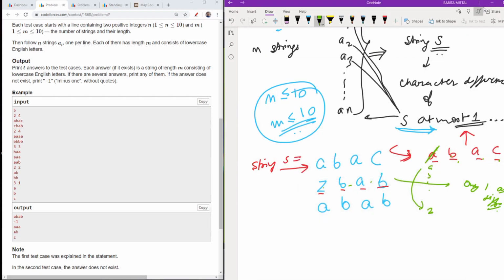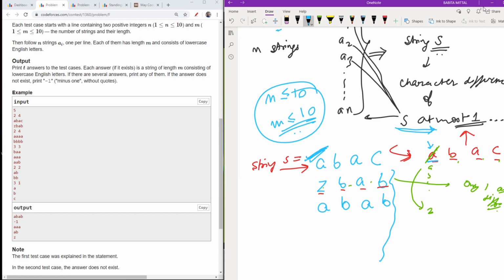Sorry for the inconvenience, the laptop actually hung. So where we are: let's suppose that this is the final string s, and I will opt to change every alphabet starting from the first one up to the last one, and I will check with every string after modifying.